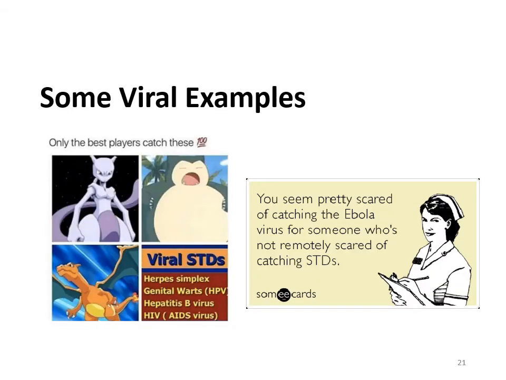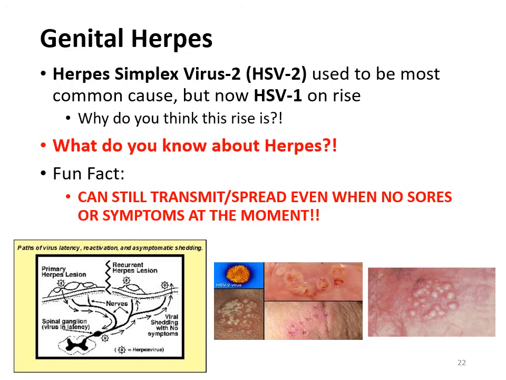There's also a lot of viral examples of STDs, and keep in mind the STDs we cover in this lesson is not all of them. There are plenty of other infections that you can get, but I want to just give you a sampling of some. One of the big ones that everyone usually hears about is genital herpes, and it's kind of scary how big of a percentage of the population, not just in America, but worldwide, has herpes of either the type 1 or type 2 form.